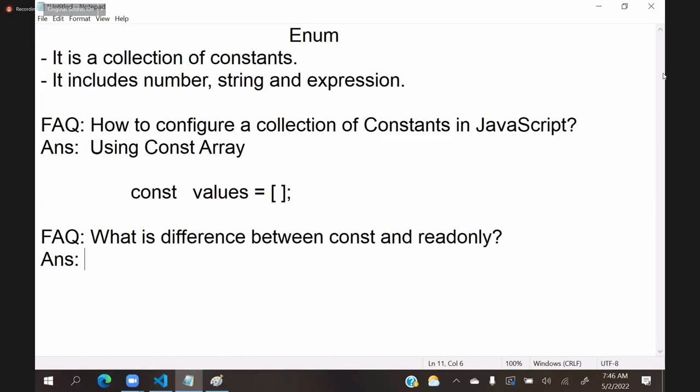Sometimes people unknowingly call constant as read only. Constant is not read only. Constant is different. Read only is different. What is the difference between constant and read only? Actually, the difference is generally this: